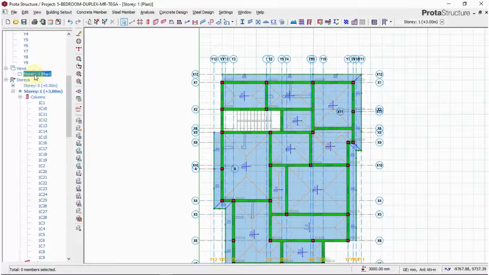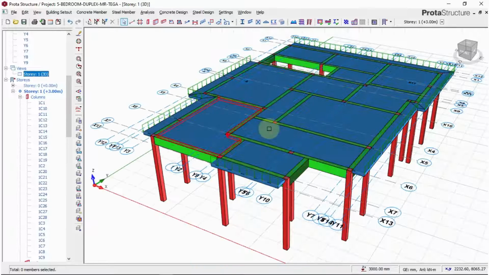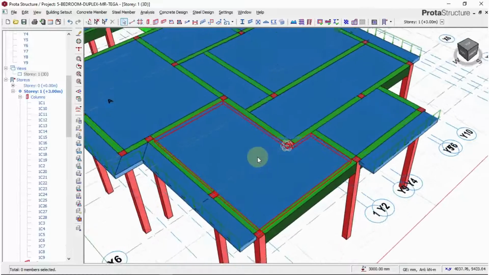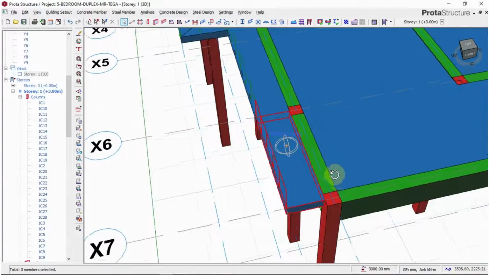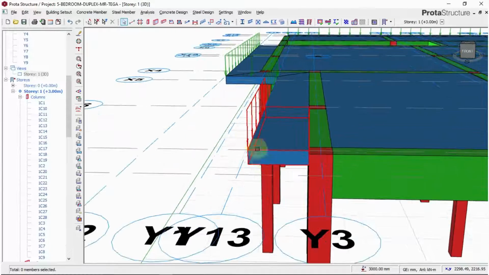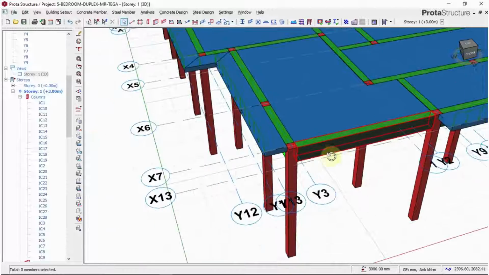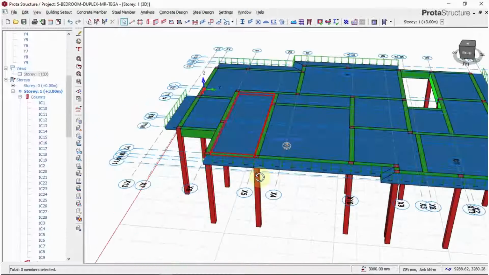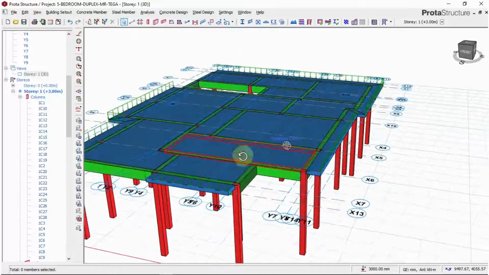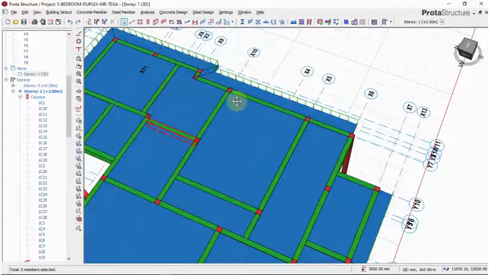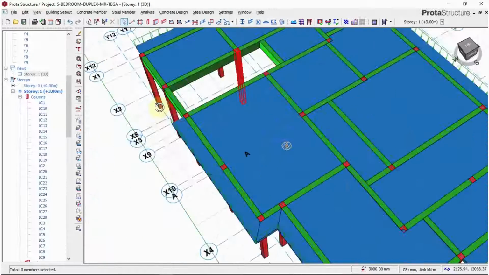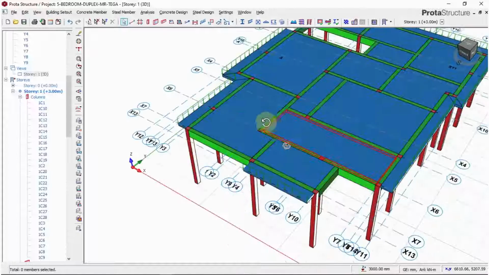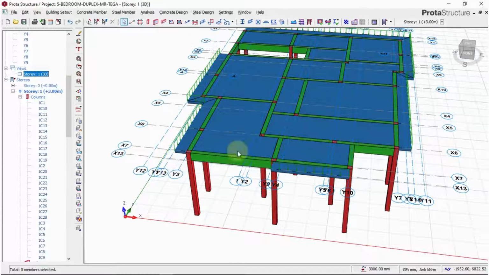To get a 3D view, you go to the story, right click and click on 3D view. So we wait for it to load. Now you can see our cantilever and then our loads on top. This is how we create cantilever slab in Prota Structure. You can see the staircase area. So this is how we create cantilever slab on Prota Structure. Back to plan view. Okay,